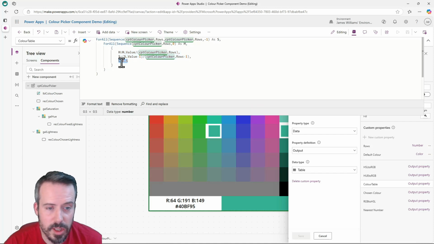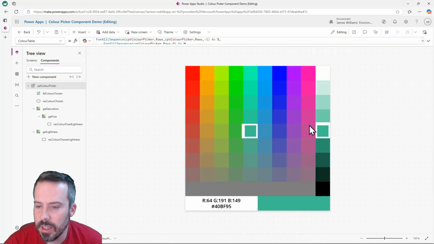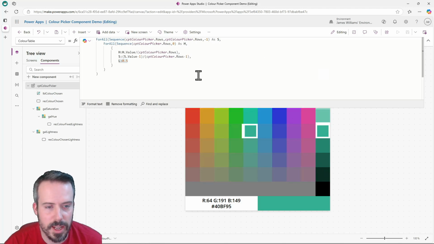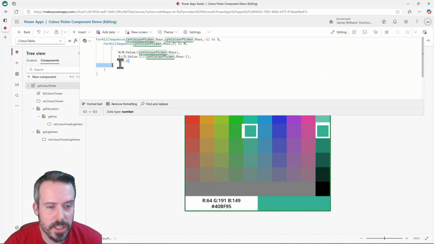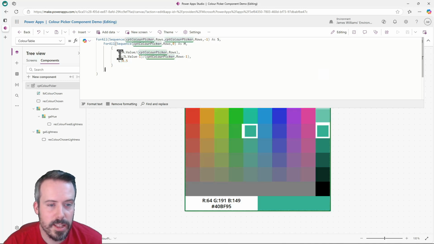Now lightness is just set to half, which is halfway down this lightness selector on the right hand side, because that's the most colourful choice, so that's what we want to appear on this grid on the left hand side, and then the user will select the lightness that they want output from the components using the selector on the right. So we've set that manually to 0.5 at this point,